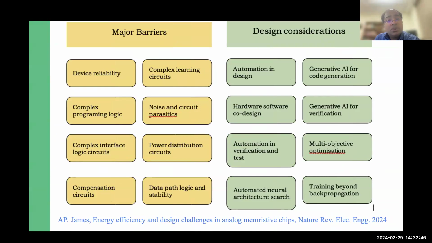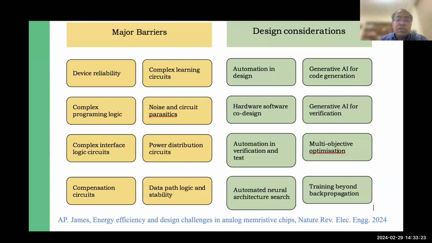Verification is another. Multi-objective optimization, especially considering both the system level challenges and performance in terms of hardware, everything has to be taken into the objective function rather than just looking at accuracy or, say, F-score or things like this, which would only look at the neural network performance. So along with those performance metrics, one needs to also consider all sorts of other hardware chip related issues as part of developing those networks.